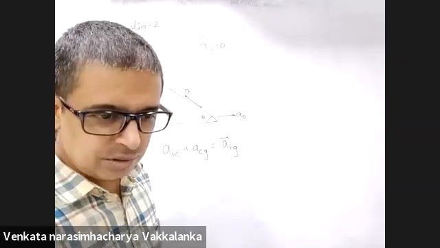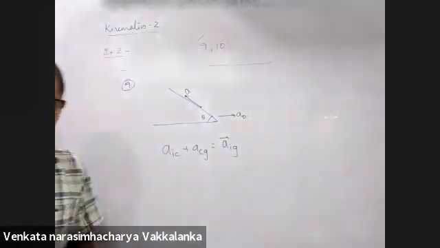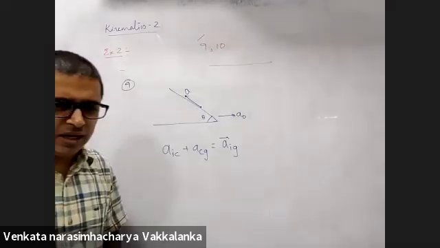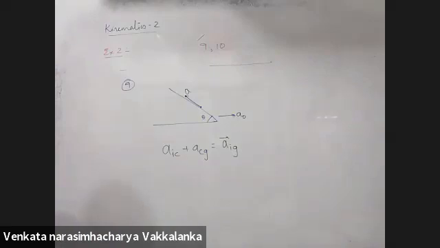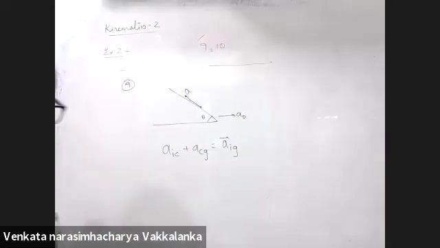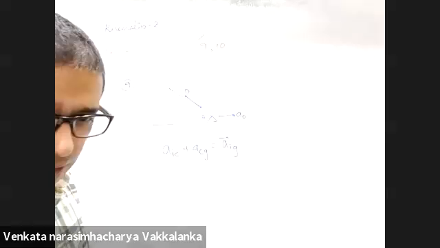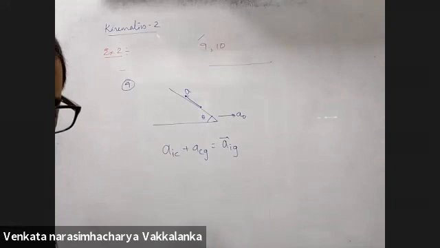Okay, I'm not concentrating. The car observes that an insect is crawling up the screen with an acceleration of a. If theta is the inclination of the screen with the horizontal, the acceleration of the insect parallel to the screen is a, and perpendicular to the screen is along horizontal. I got everything. I don't know why they have taken perpendicular to the screen as a naught sine theta. I'm getting a sine theta. Yes, sir. I am also getting.